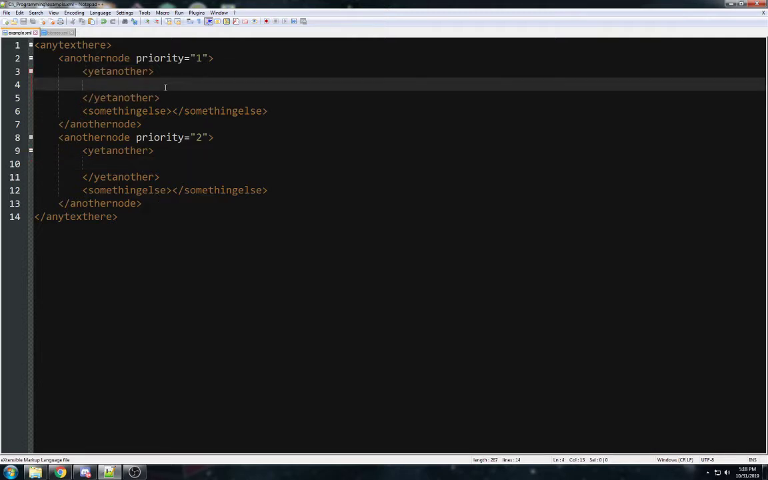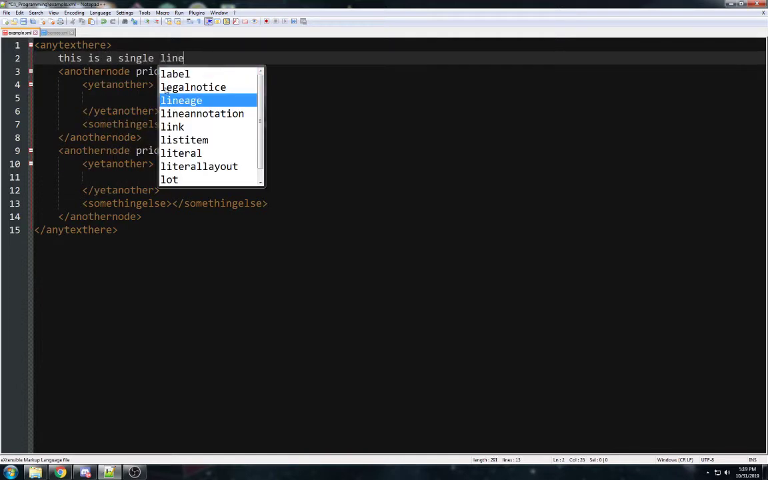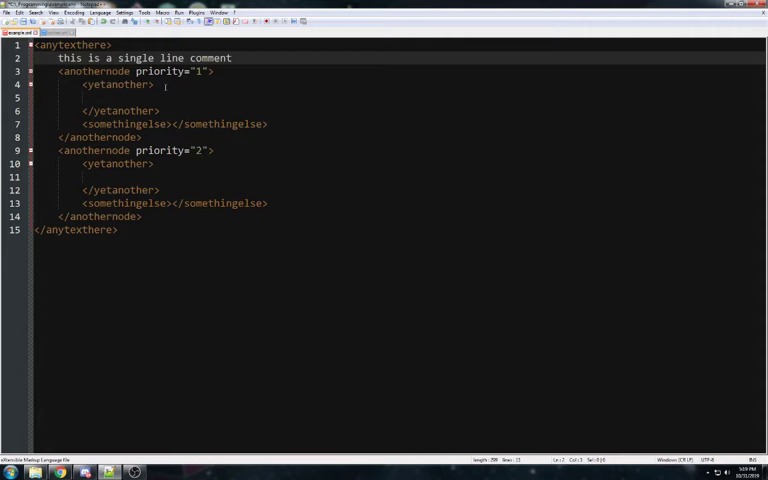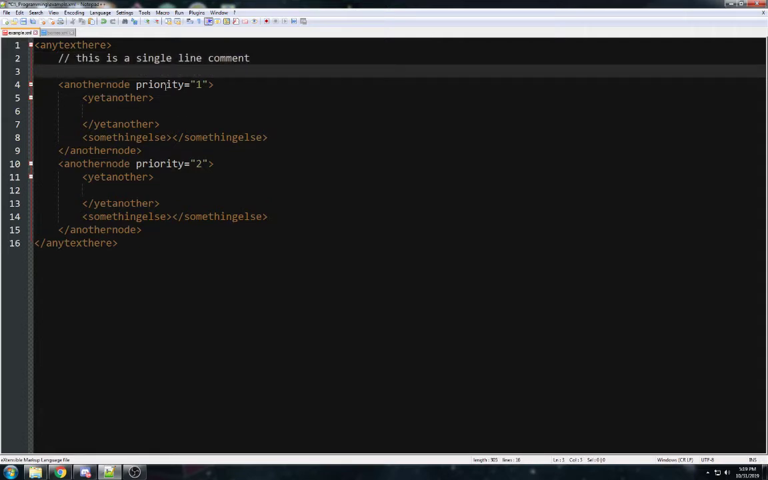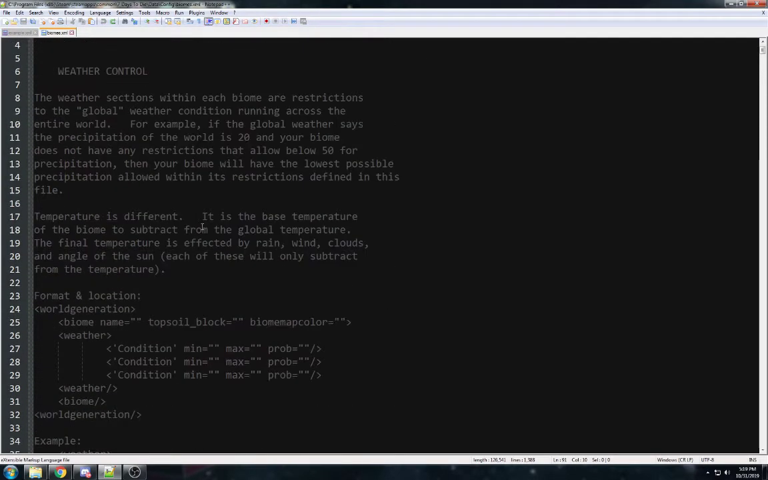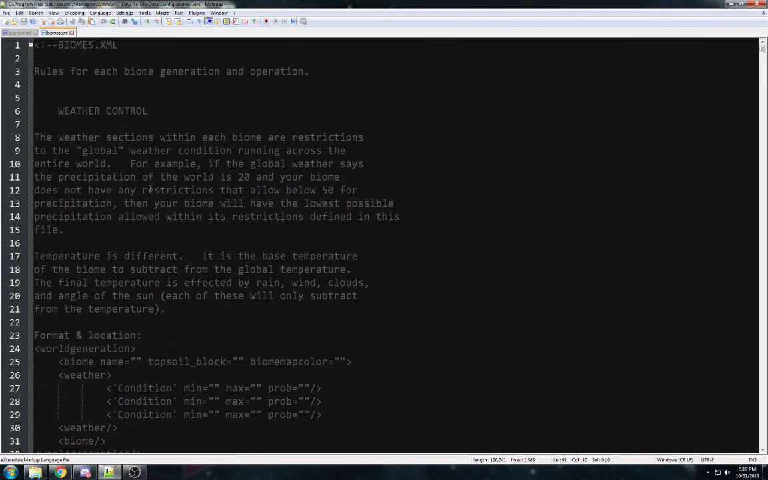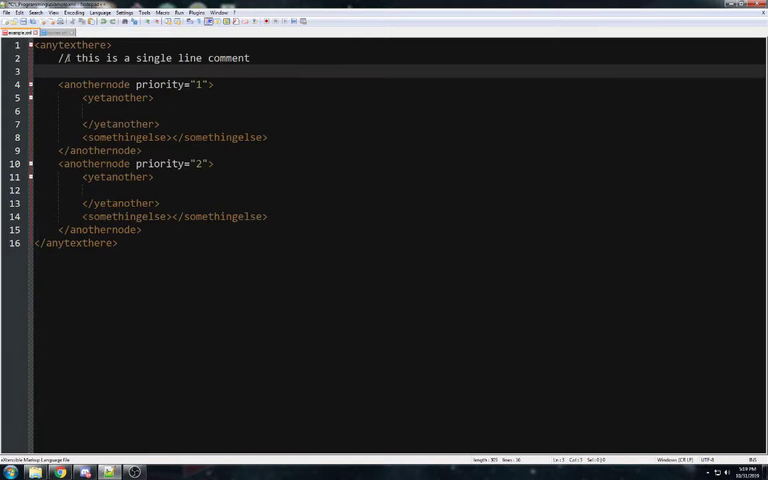The other thing to note in an XML file are comments. Now, if you want to, as a mod developer, go in here, this is a single line comment. The single line comments are just 2 slashes, or at least they should be. We don't really have a whole lot of single line comments in here, but every multi-line comment